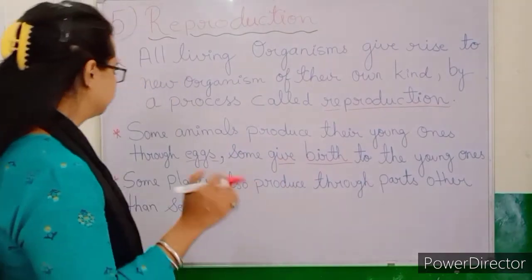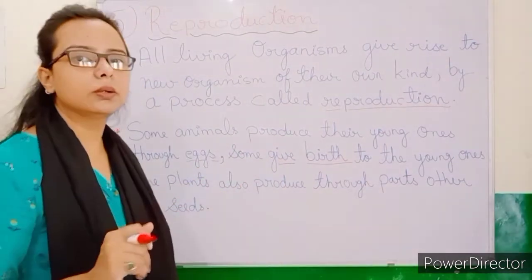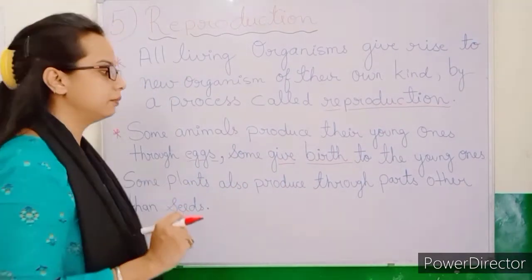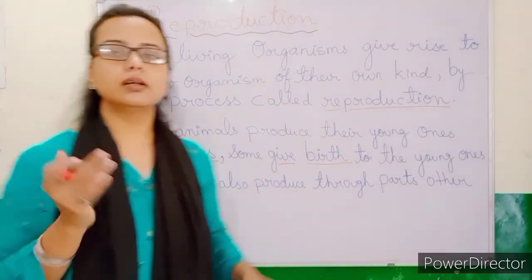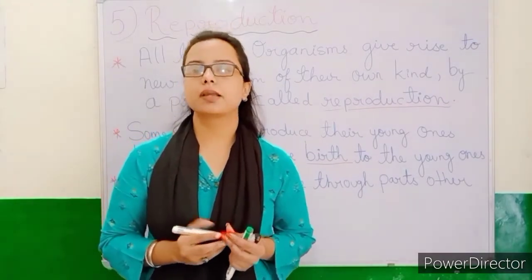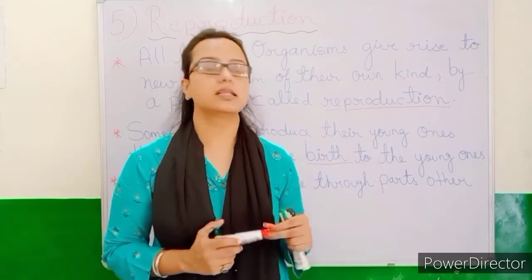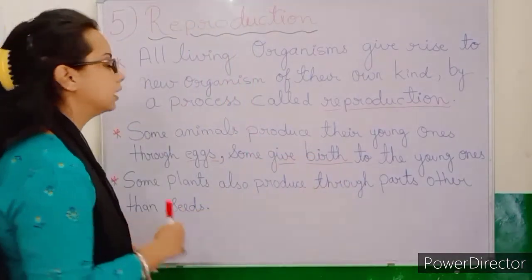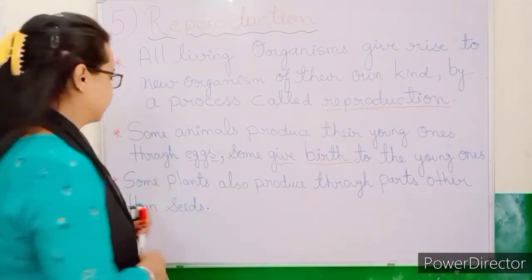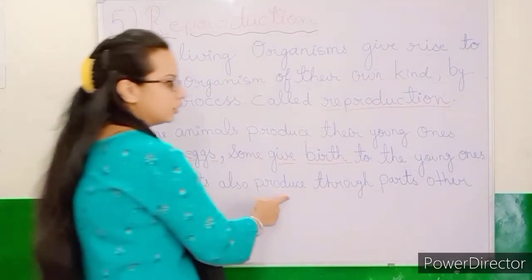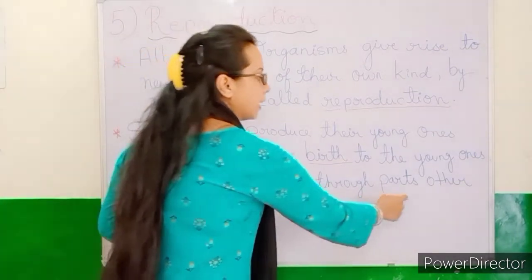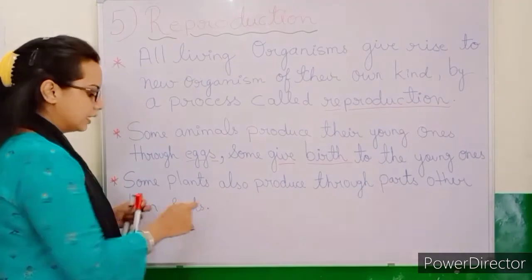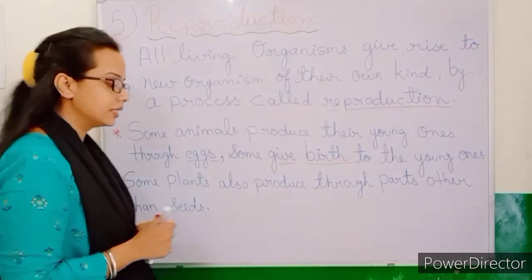Okay, so now if we talk about the plant, how the plant reproduce. Some of the plant they reproduce by their seeds, but some are the plants which reproduce by other than the seeds. So some plants also produce through parts other than seeds. Example is